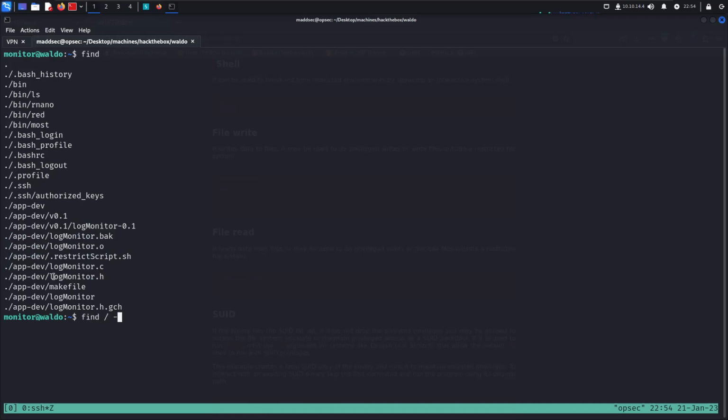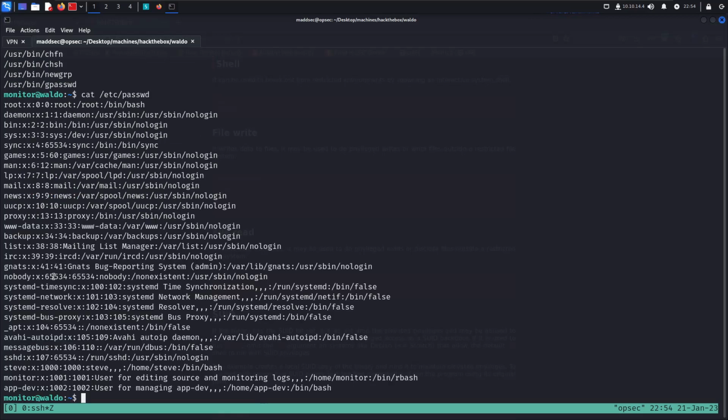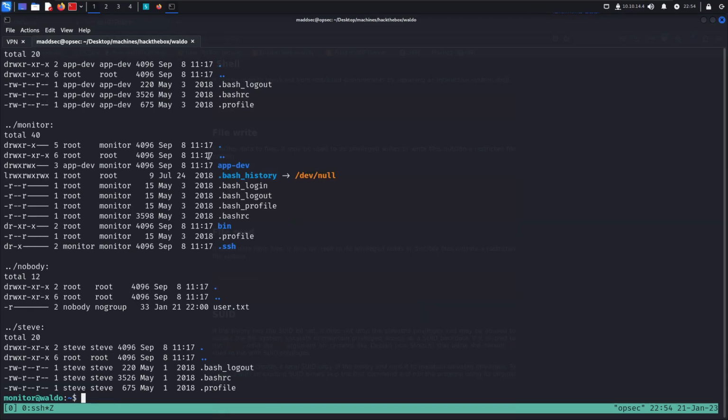So let me, for example, start looking for SUID binaries. I see no vulnerable binary with the sticky bit set. Let me cat /etc/passwd, and now I have Steve, monitor, appdev, more users. So let's ls -la back, and from here every directory. So monitor, that's where we are, right? And we have user.txt and all the stuff. And in monitor, you would obviously check the appdev, right? So let's check the appdev,